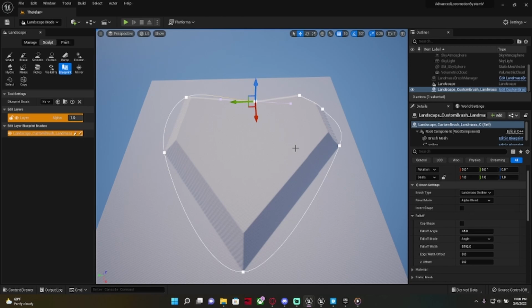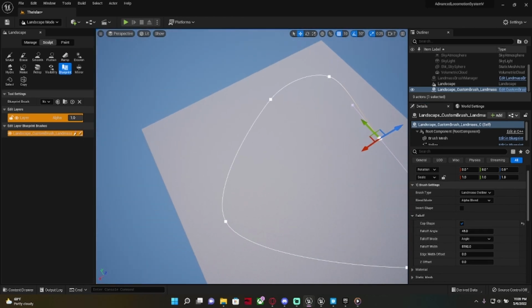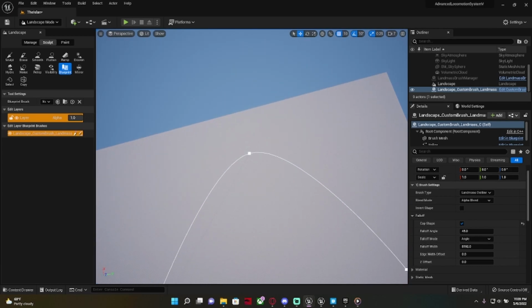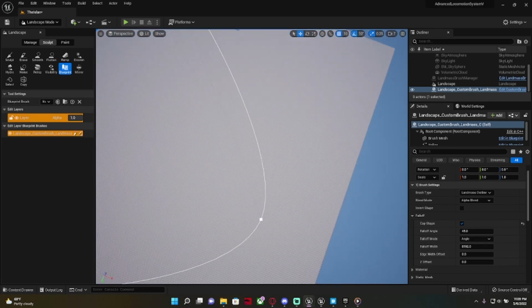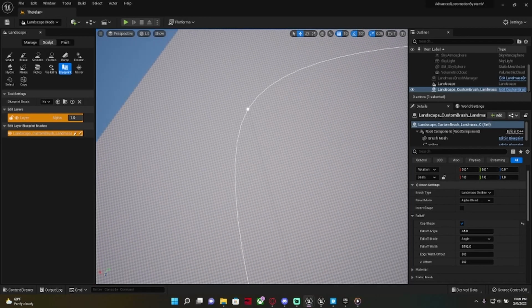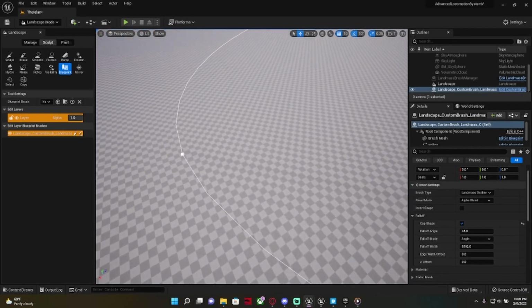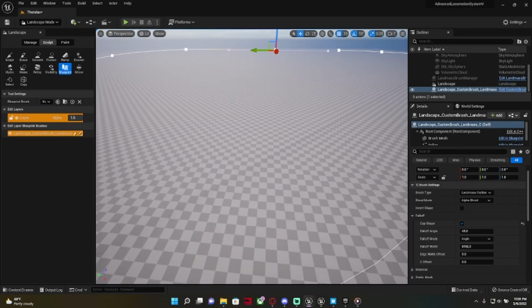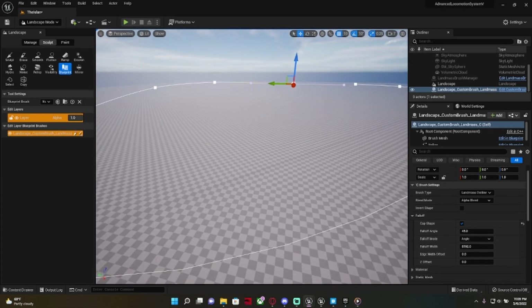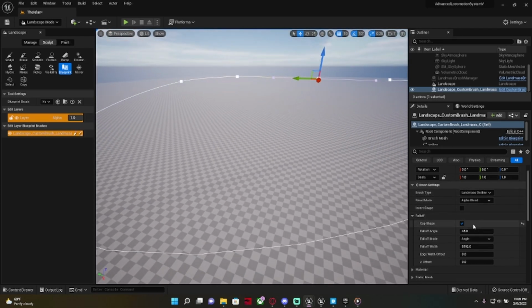So what we're going to do now is in your details panel, scroll down, and we're going to look for this cap shape. Just click the check box there. And it's going to shrink it back into the map. Now yours probably won't go that far, and that's okay. So if it does happen to go below the mesh,